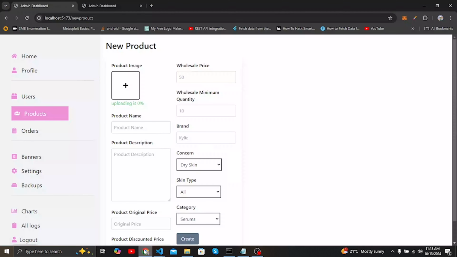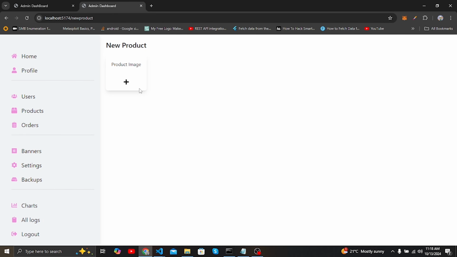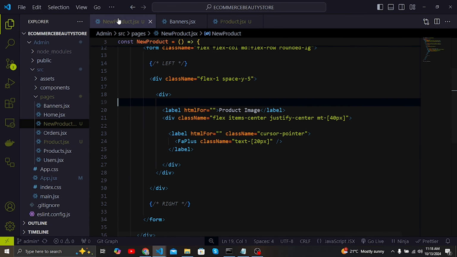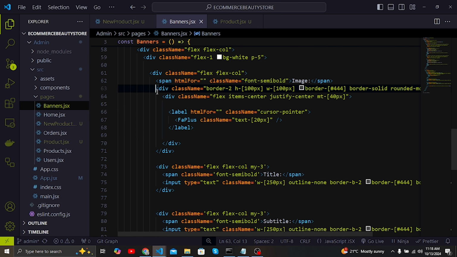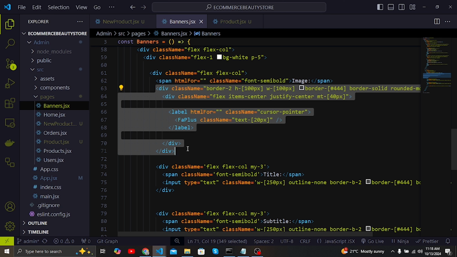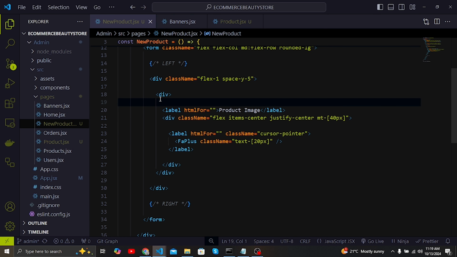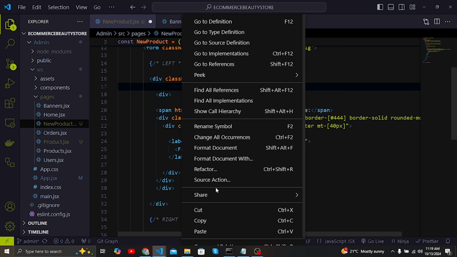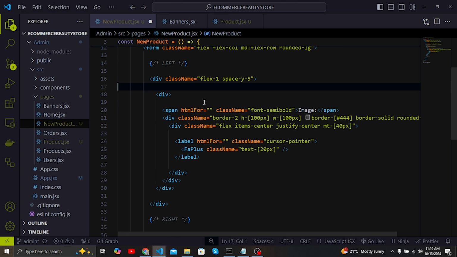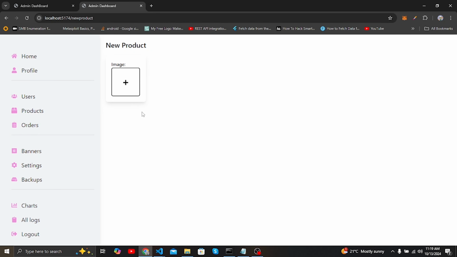So if I come back to my, actually here you can see that we are having this plus icon here. I don't know why it's not working the way I wanted. So I'm just going back to the banners here, and I think I need to copy the whole part here, from this part here up to here. Yeah, I think that's what I should have done. Sorry for that. And let's come back here, and inside here I can paste it now. I think that now will work the way it should. So format this and save that, and if you come back here you can see, yeah, this one